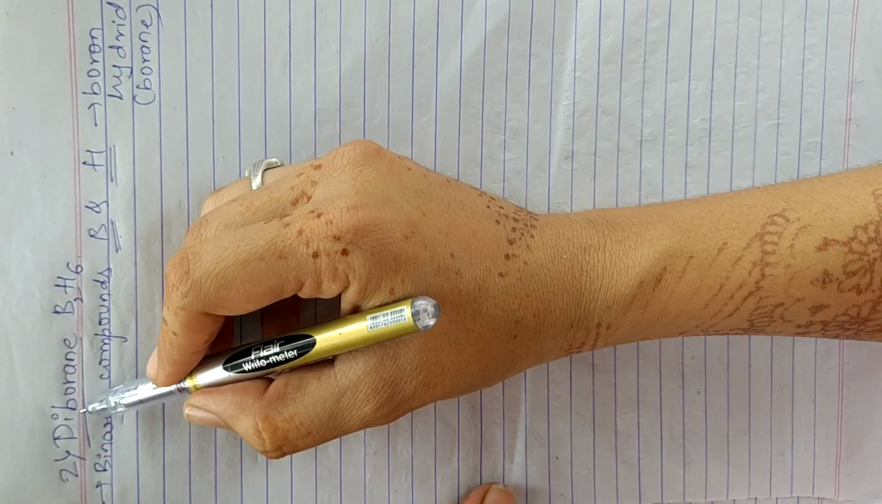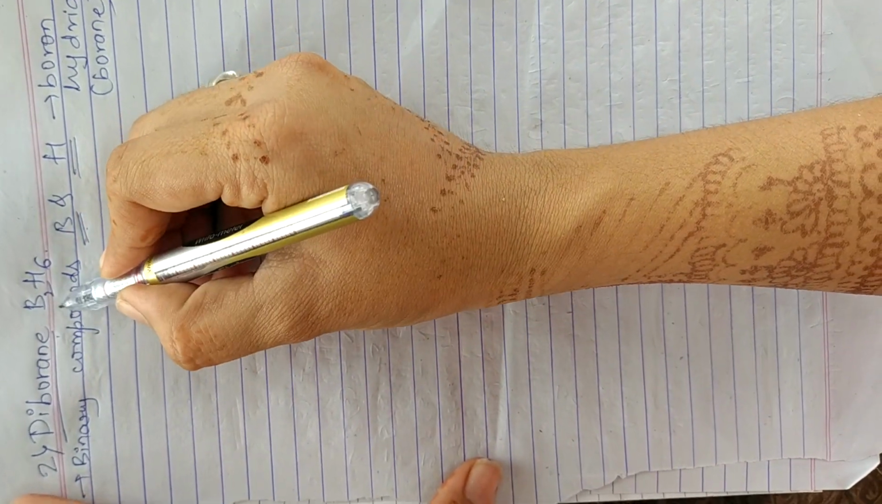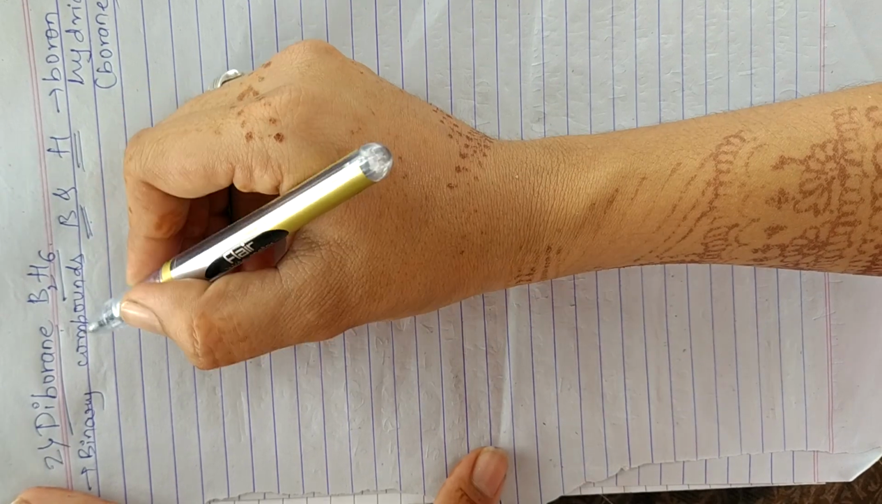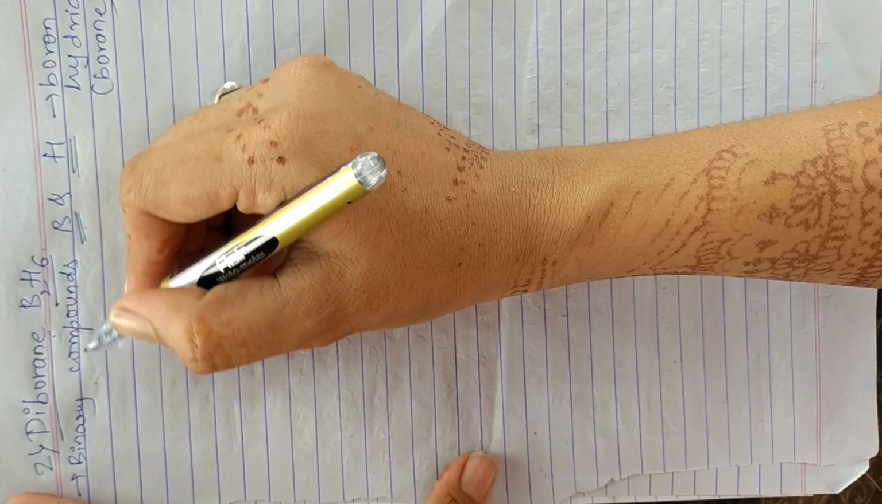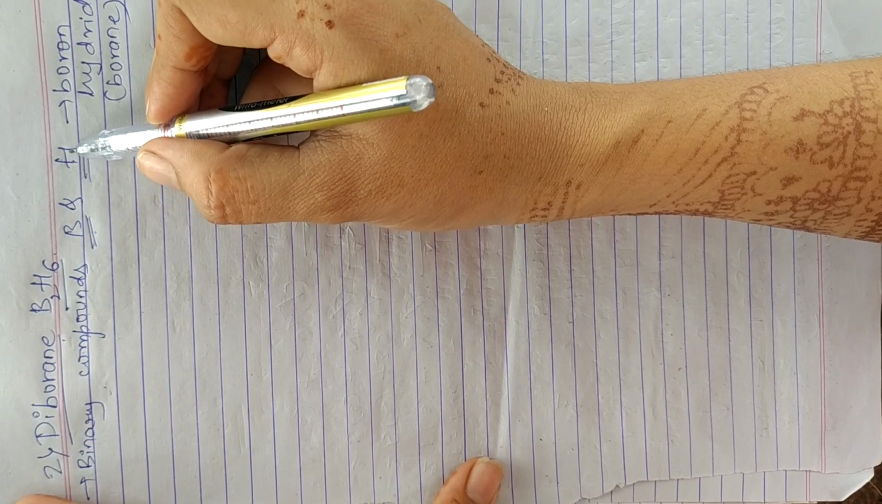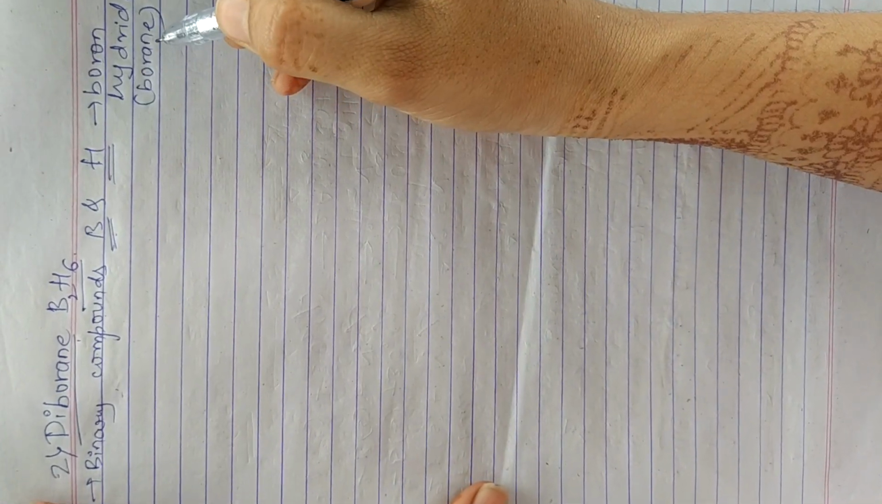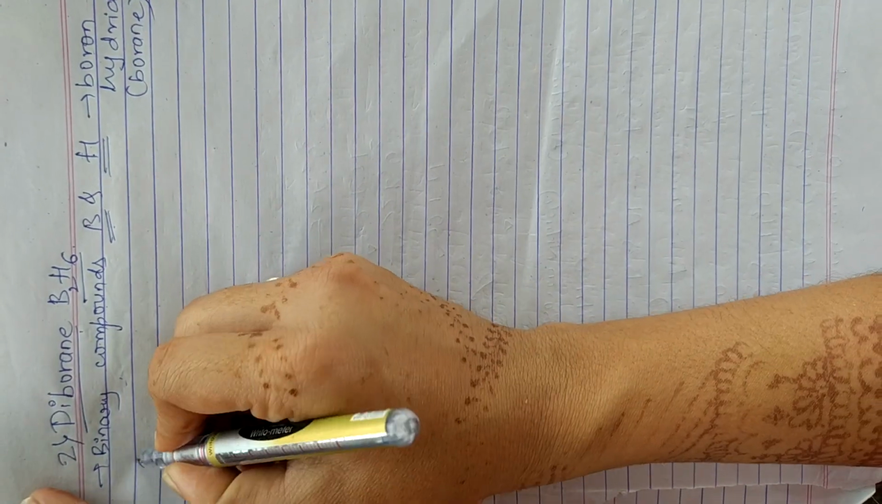The second important compound of boron is diborane, having the formula B2H6. It is formed by the binary compounds of boron as well as hydrogen. This compound is called boron hydride. Now let's see about the